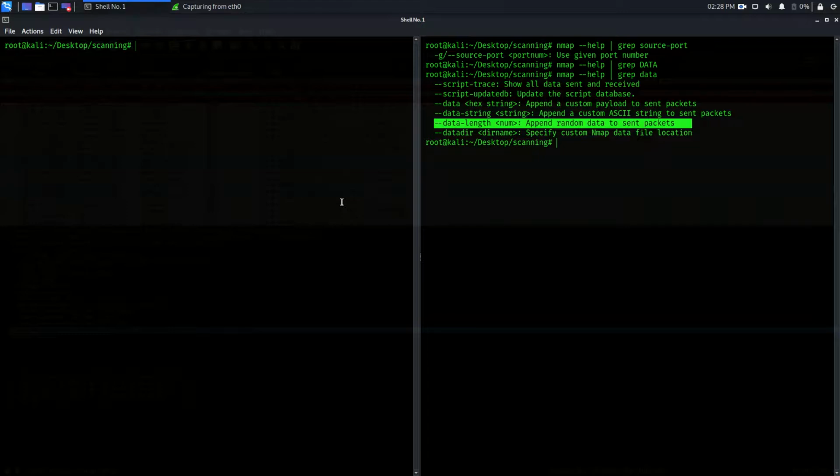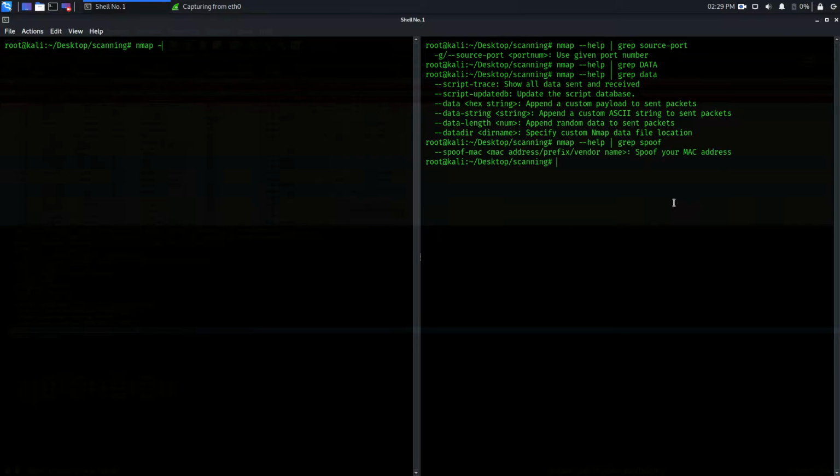So only those MAC addresses can access the web server. At that time you can scan with nmap --spoof-mac. So you need to use this.